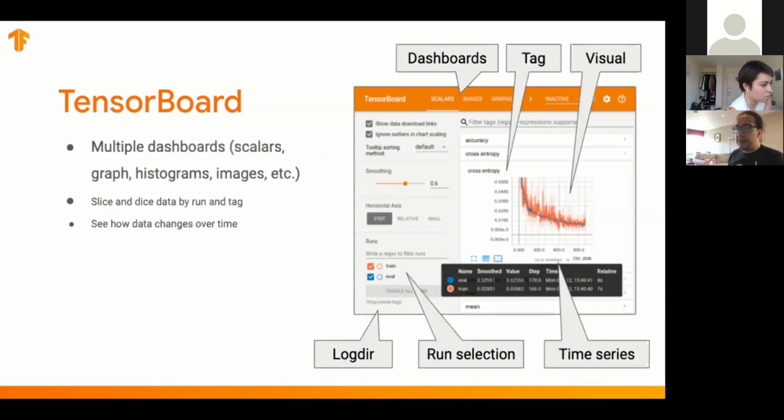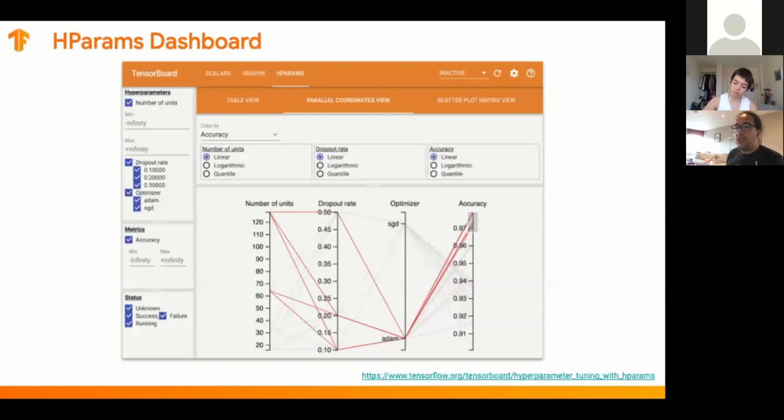I'm not going to go into too many details, because to understand all the details I would have to open TensorBoard, and that would take at least half an hour. But the goal is you can see all the results of your model and try to understand visually what's going on, and that helps a lot. The other thing you can do is hyperparameters. You can see all the hyperparameters that were tried, and it will help you find the best hyperparameters.